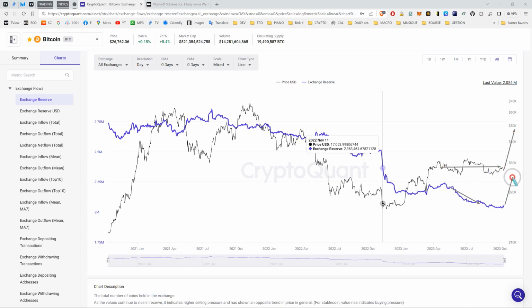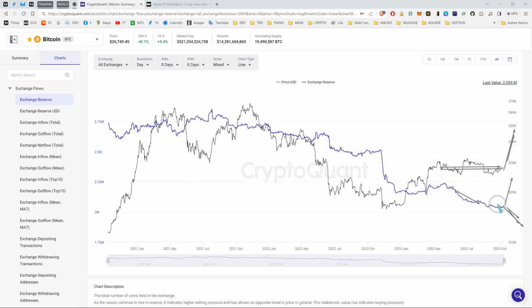Meaning the supply finding its way into exchange. That means these guys have finally found their way to getting some supply, or at least getting efficient at reaccumulating supply in the bottom of the range. But if we keep going lower, this is a possibility as well. I'm not saying this is going to happen. This could happen. But if this turns out to happen, meaning we go up and the supply goes down, I'm going to be very, very scared. But by scared, it just means we're going to go into unconventional territory.